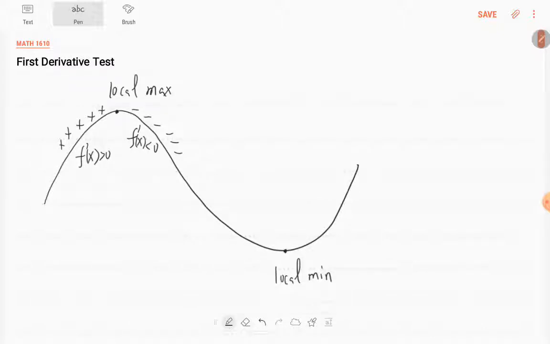And here, the derivative on the left side is negative, then positive, right? Decreasing, then increasing. So this is the positive. So this will give you the local minimum, right? So this is called the first derivative test. So the first derivative test says